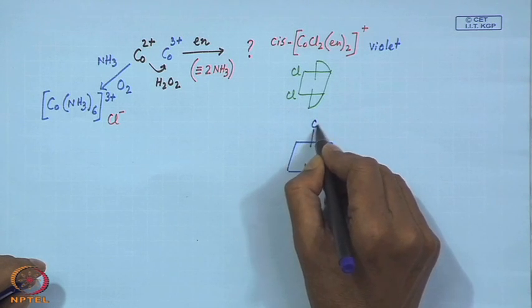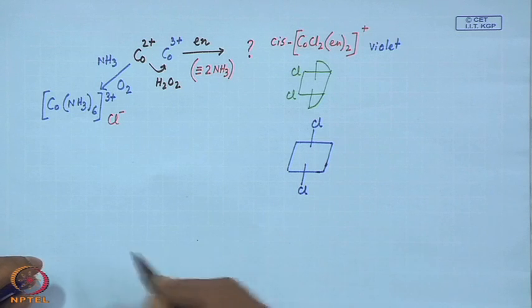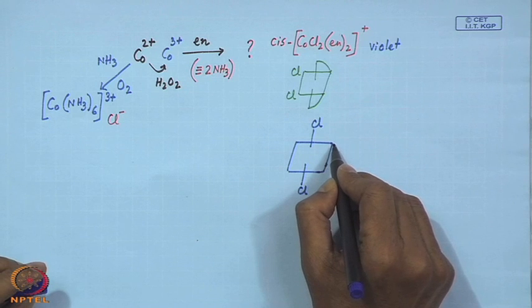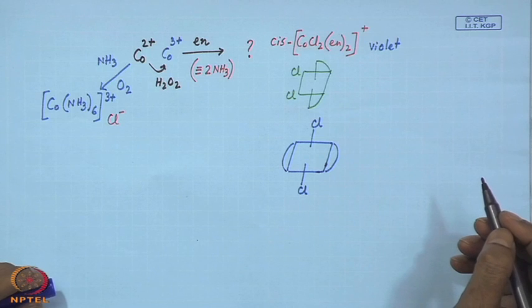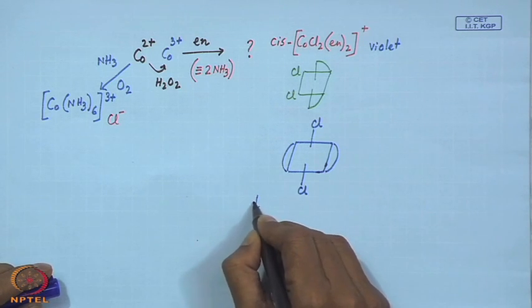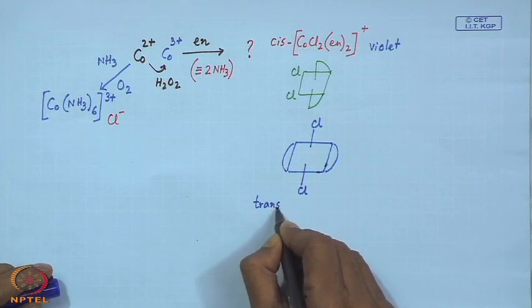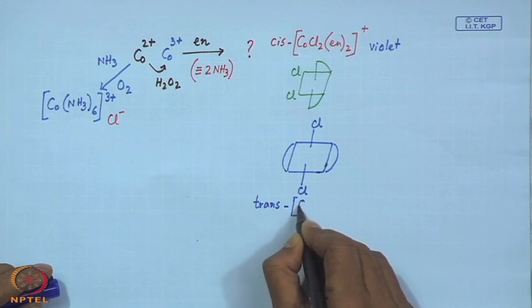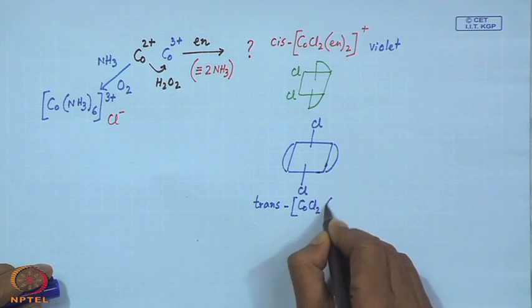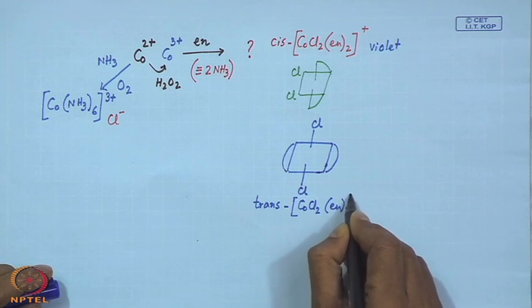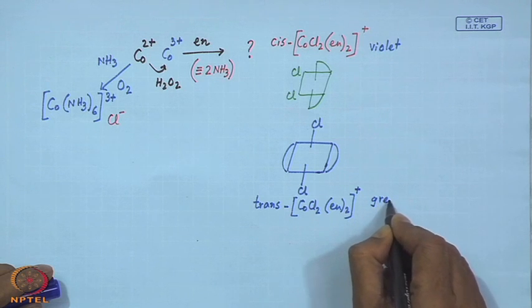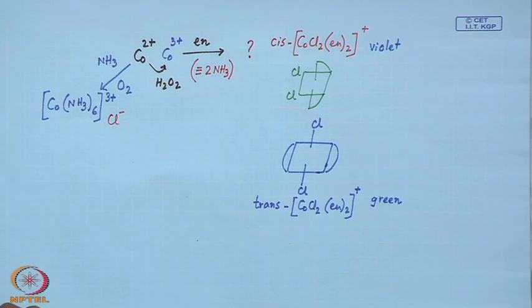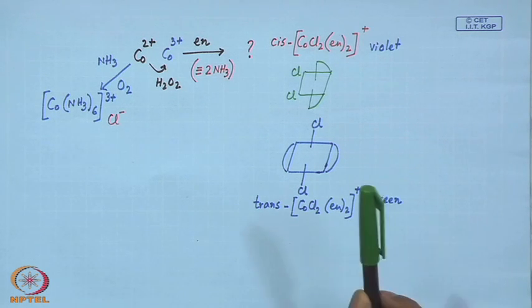trans isomer. Trans means we have 2 Cl over there, and these are the 2 ethylene diamine molecules, which is therefore trans-[CoCl2(en)2]+, which is green in color. So, as we have seen in case of linkage isomers, that the different types of isomers,